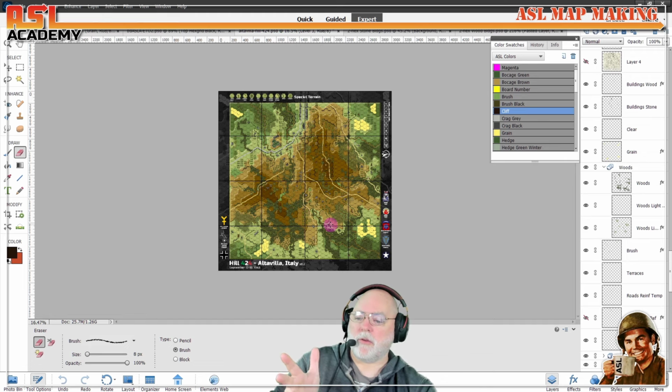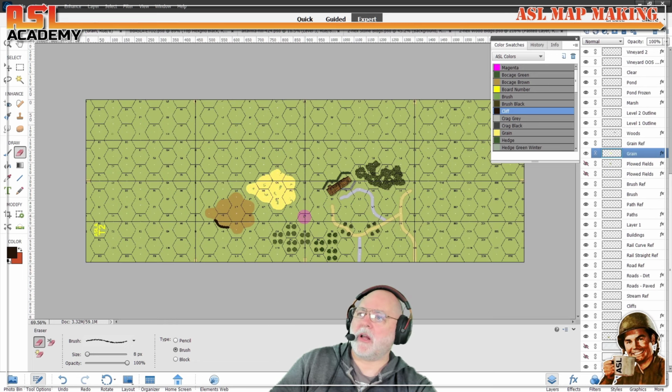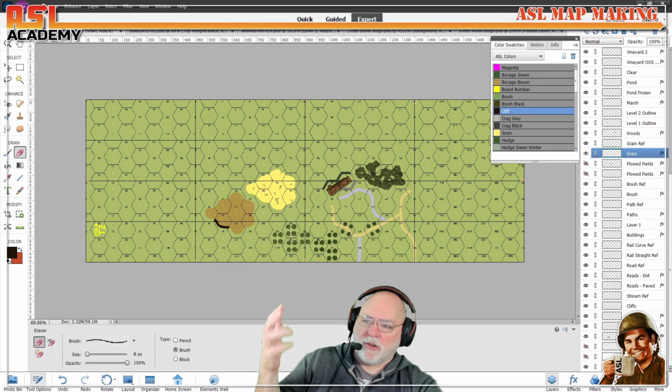Now let me show you how to take a map and import it into Vassal. Let's just say we're done with this map. It's version 1. We're going to do some playtesting on it. It's kind of a crappy map, but that's okay. So you have to export it as a GIF file. Maybe not. Maybe Vassal can read